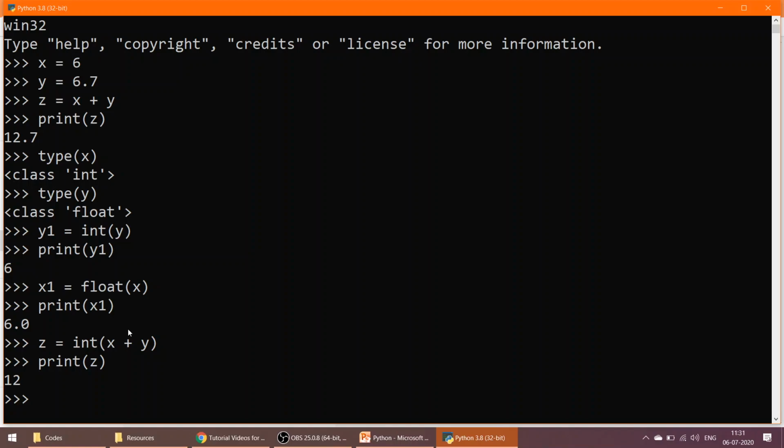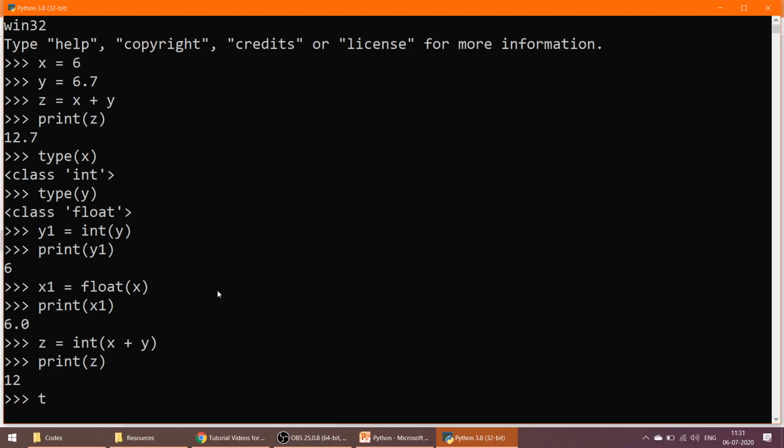See, the result is now an integer value, as I have given this int function here. Within the integer function I am passing the addition of an integer and a floating point, but the result will be an integer.